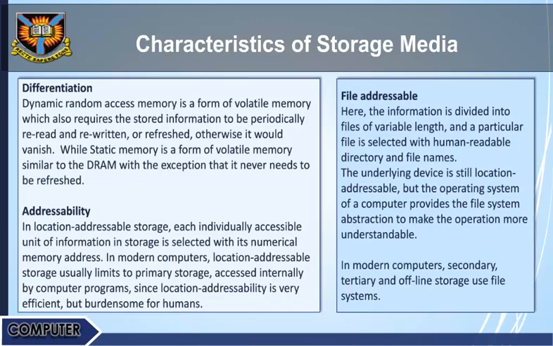Differentiation. Dynamic random access memory is a form of volatile memory which also requires the stored information to be periodically read and rewritten, or refreshed, otherwise it will vanish. While static memory is a form of volatile memory similar to DRAM, with the exception that it never needs